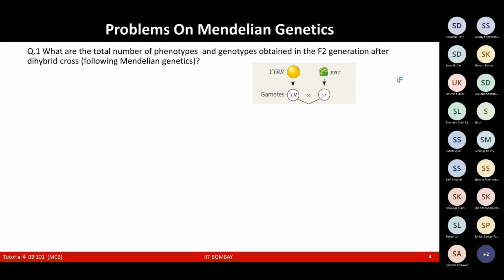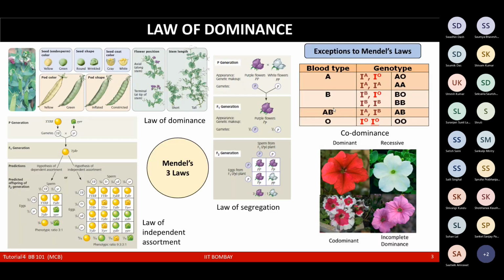Can anybody tell me any rough guesses? You can take a reference from this slide also. The answer is there in this slide, but you can take reference if you have read the question. Phenotype is 4. Okay. And genotype we'll have to see. There are quite some. You can see I've given the slide. The answer is there in the slide only.